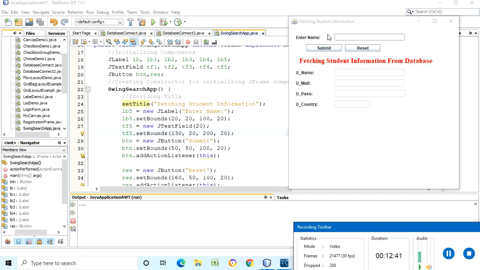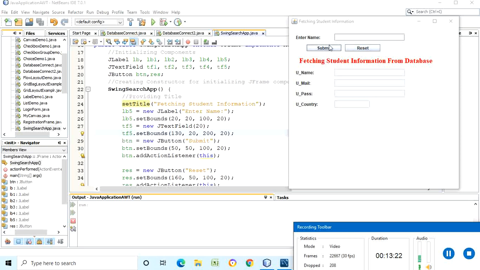In computer graphics also we have seen how to manipulate the coordinates. It is very easy; it requires some practice, but after practice you can understand it. Similarly, you can give the width. For a label we don't require a higher width, but for a text field you require a higher width, because it is possible that a particular person has a long name or a long username. It is up to that user, his or her own choice. So that's why we are specifying a higher width for that text field.